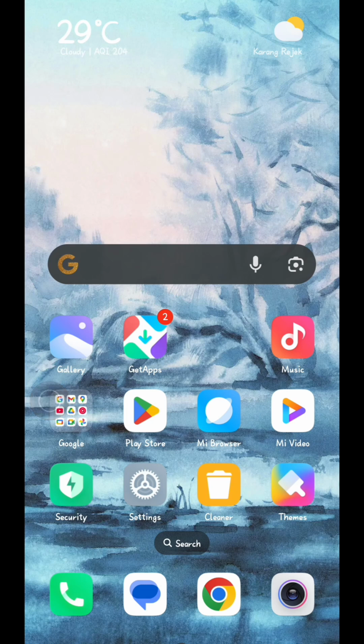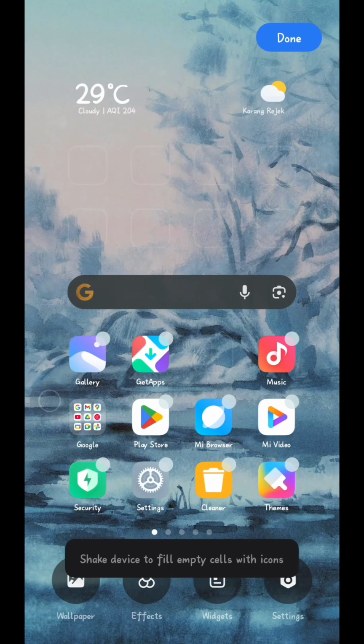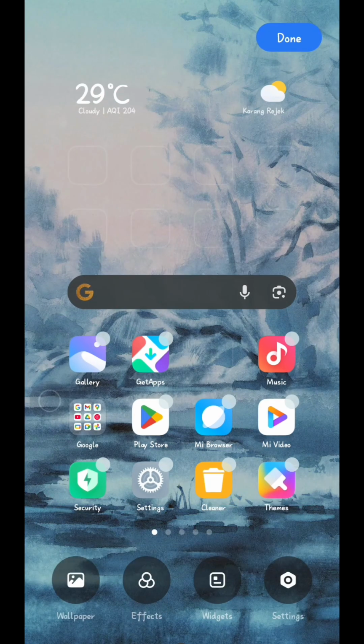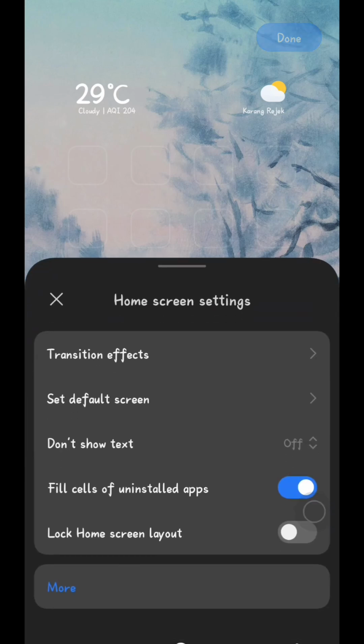First, just long press on an empty area on your screen or pinch the screen with 2 fingers to zoom out like this. And then next just tap on settings, this one, and then just go to more, this one, just tap on more,